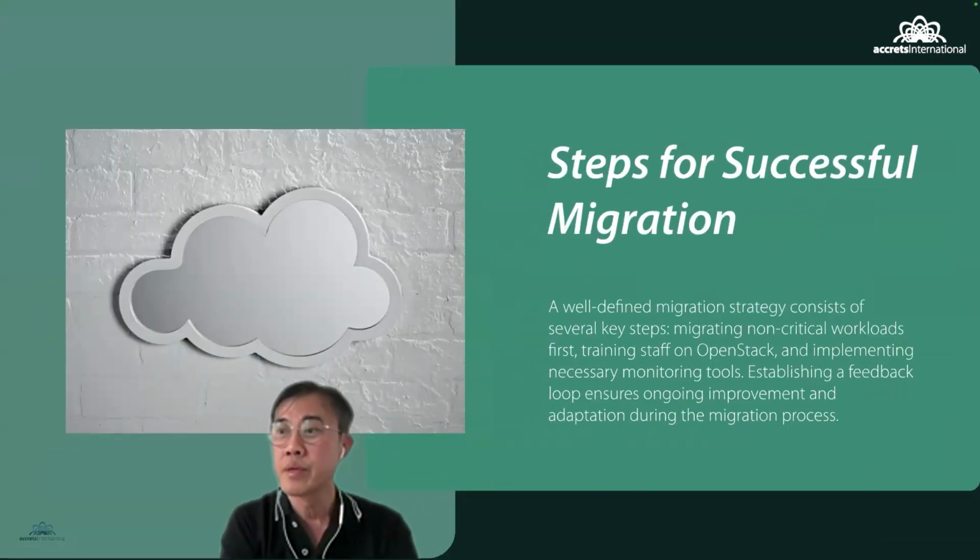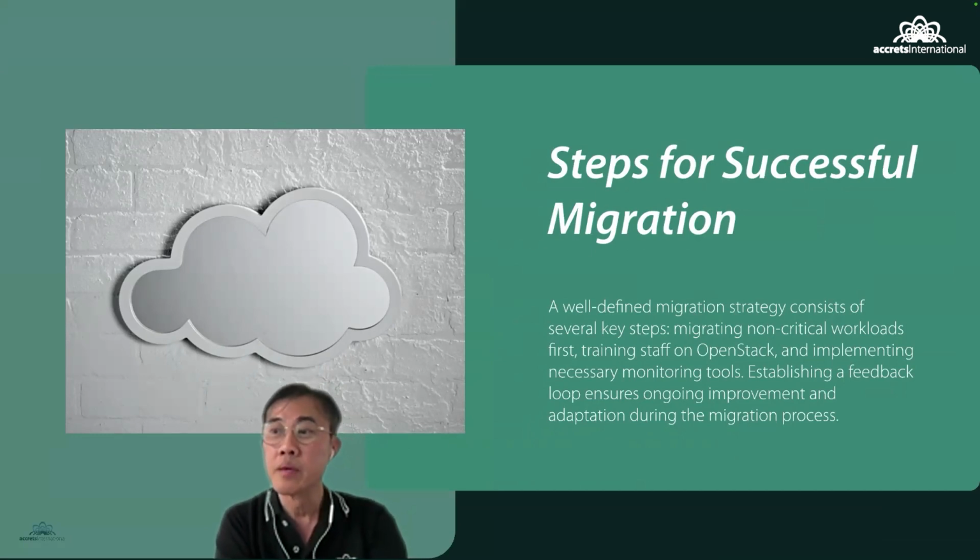Steps for migration, like I say: do a proof of concept, maybe move some non-critical workload, provide some training and experience to your people on OpenStack, and look at monitoring. There's lots of very good, very advanced monitoring. They can monitor all the way to your application, the services, for example. And then see all the stakeholders as well as the people involved in the project. What's the feedback?